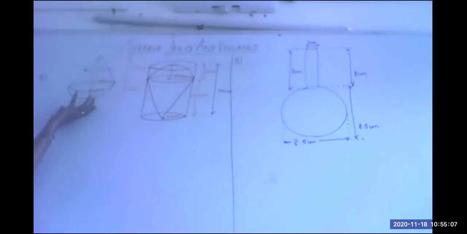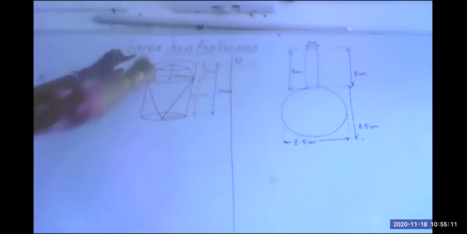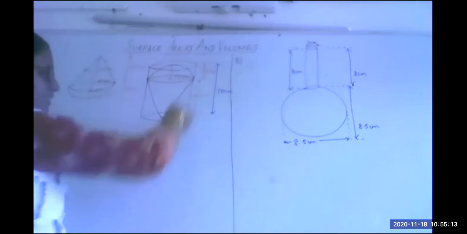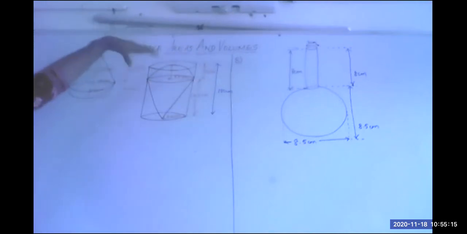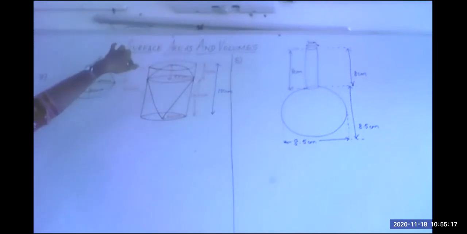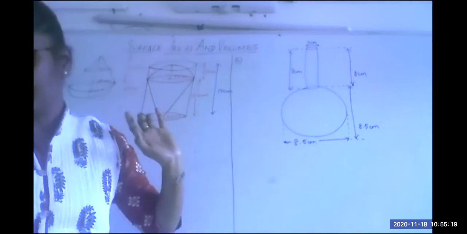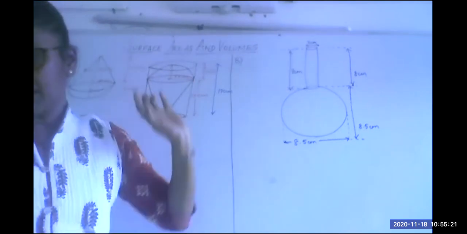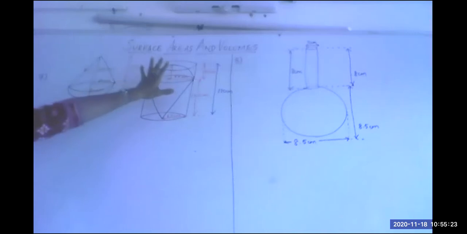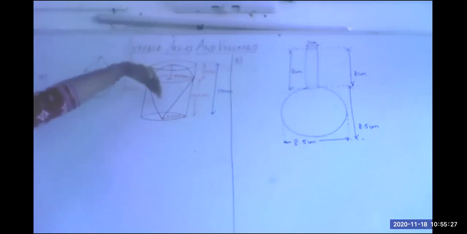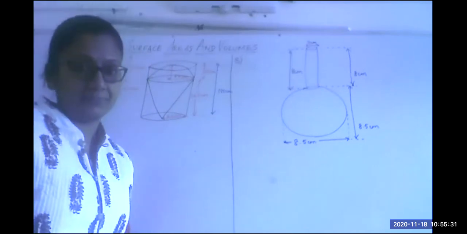This solid, which is a combination of a cone and a hemisphere, is put inside the second solid, which is cylindrical. So this is put upright inside a cylinder. Now the cylinder is actually filled with water. And now what will happen? If the cylinder is full of water and you try to put this solid inside it, what is that observation that you have? What will happen?